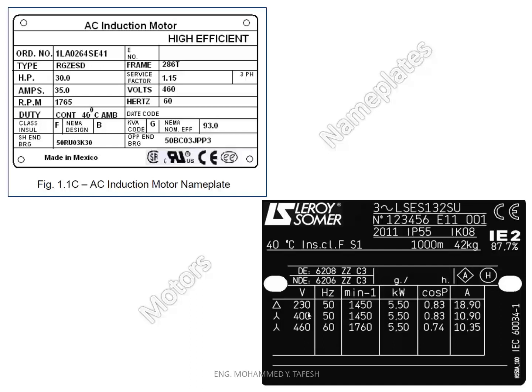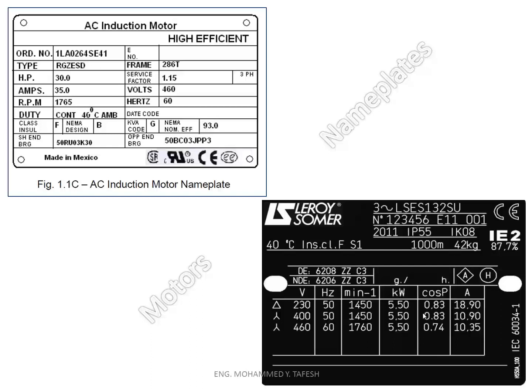If you want to connect the motor at delta connection, you have to connect it at applied voltage of 230 and a frequency of 50, so this motor will consume 5.5 kilowatt and the power factor will be 83%, and the ampere drawn by this motor at this connection will be